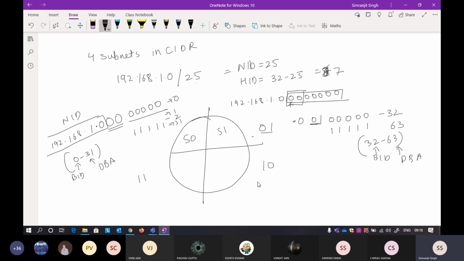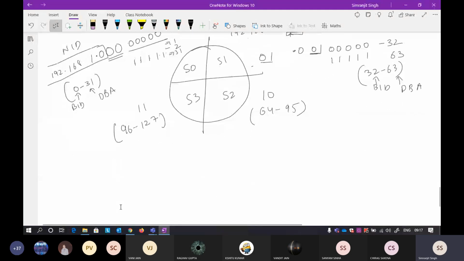In a similar way, you can go ahead and find the next one. It will be from 64 to 95. The range size is the same, there is no problem in that. And from here, it will be from 96 to, I think, 255. Just wait a second. I made a mistake here, not 255, from 96 to 127. You can follow the same procedure that we have already done many times, and easily extract it. Now the main question is, what is the subnet mask here? The subnet mask is actually represented a bit differently.